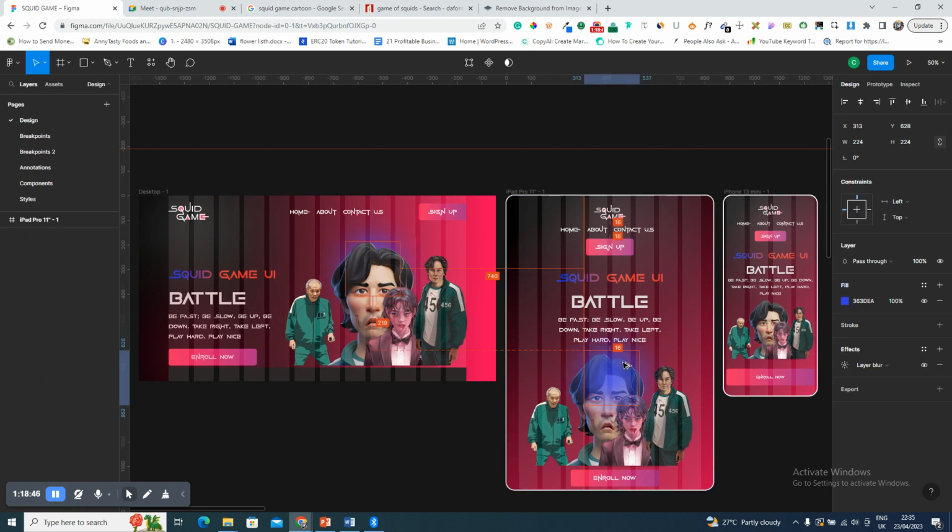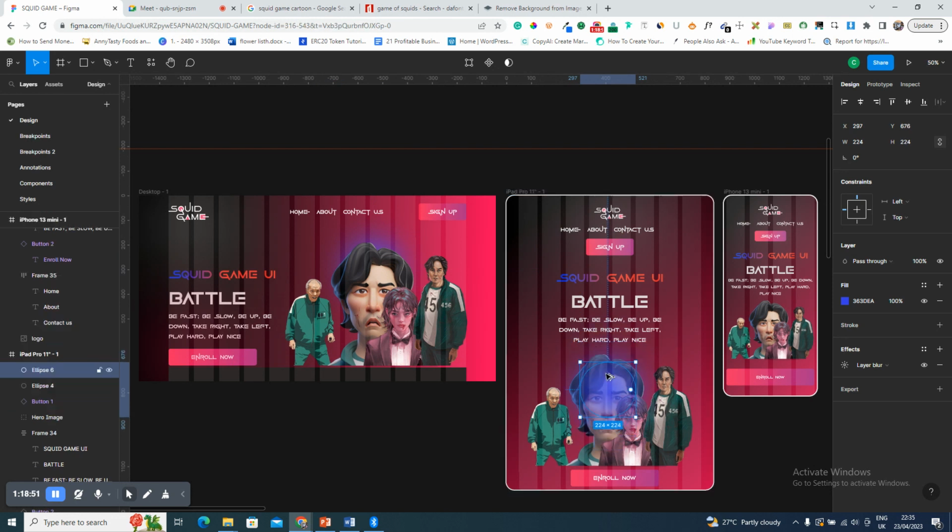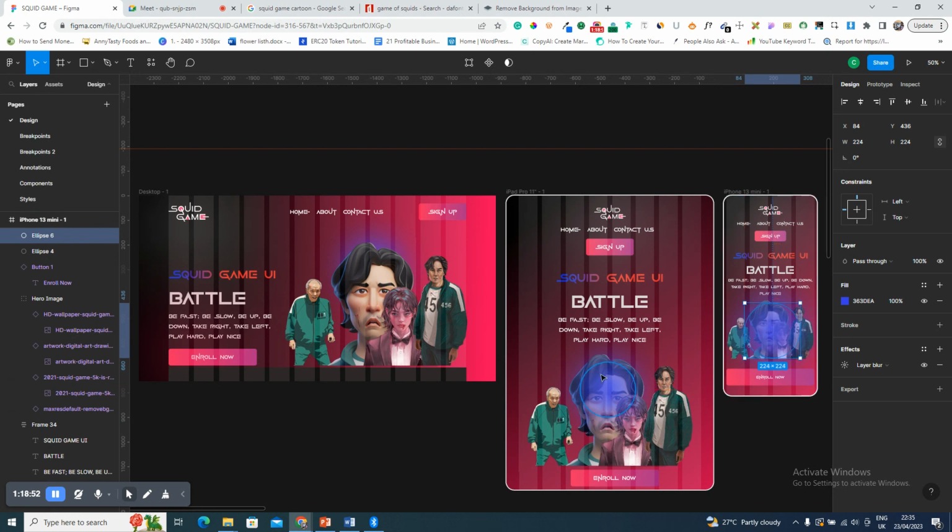So I just want to take the blue circle somewhere around here as well. You can see it's in front of this guy. You can see it's actually in front of that guy. So we're going to take it behind. You can see this one too, it's in front. So we'll come into this one,